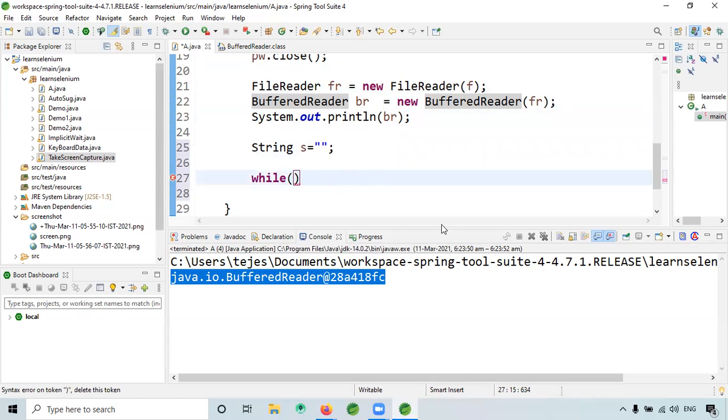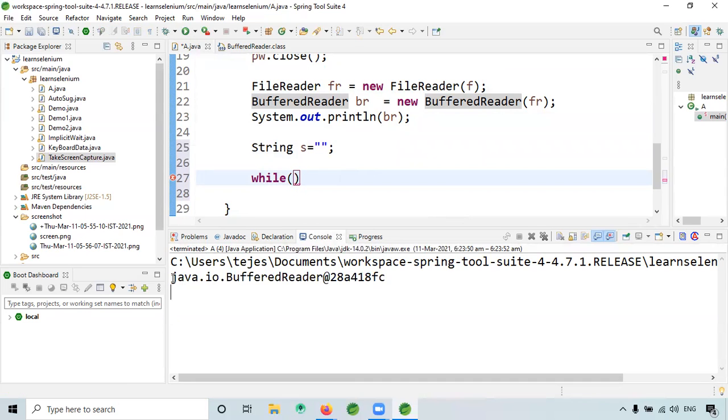Even if we read, if we print it, we won't see the data. That is what I said. What it printed is the object. So now I don't want this object to be printed, I want the data to be printed.